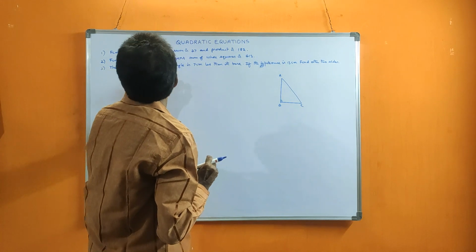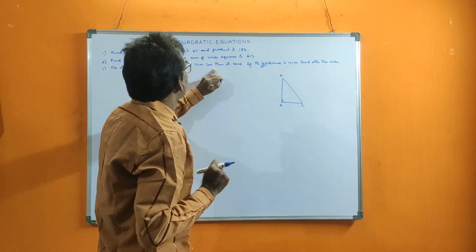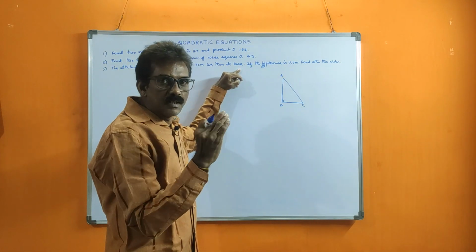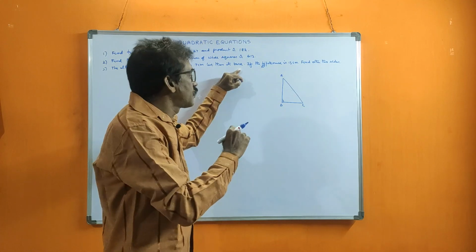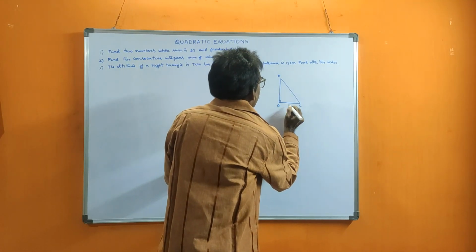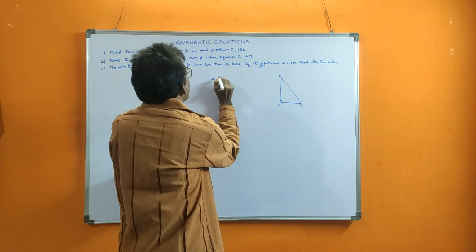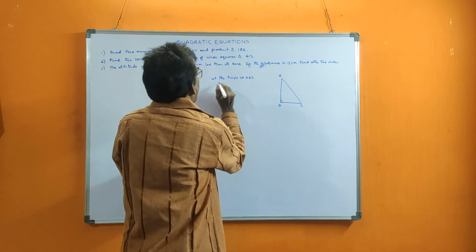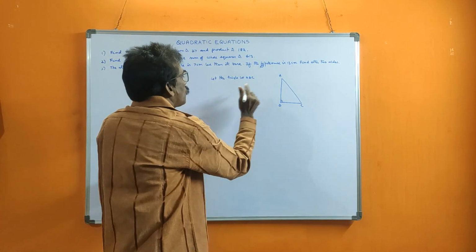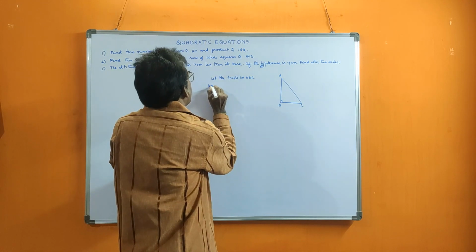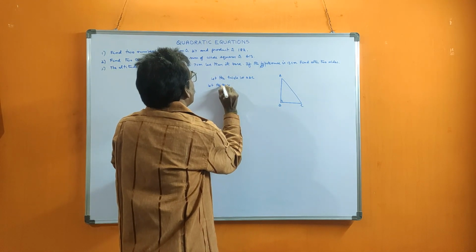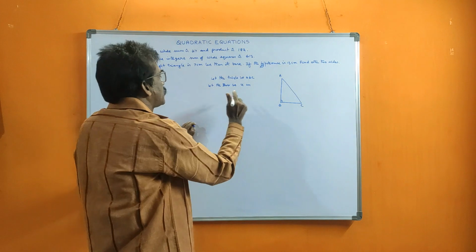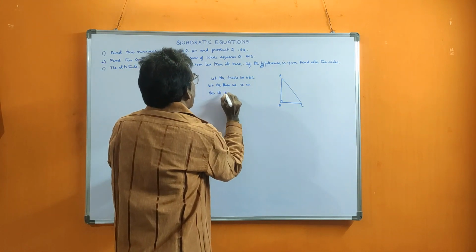The altitude of a right triangle is 7 cm less than its base. So if the base is 10, then the altitude is 7 less, that means 10 minus 7, 3 only. So first, let the triangle be ABC. Now you write this: let the base be x cm. Then its altitude